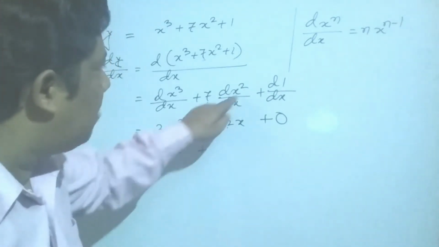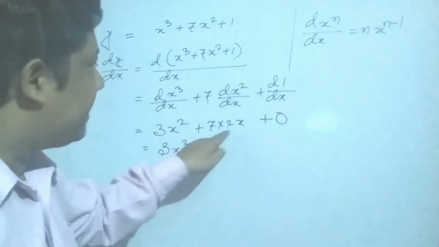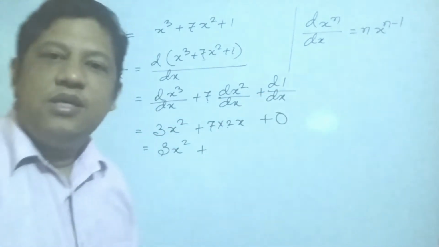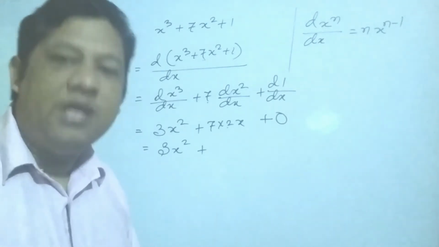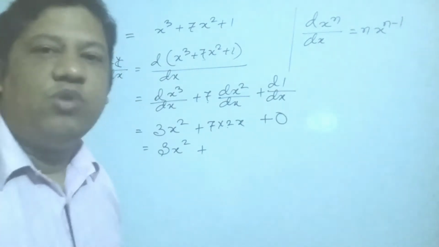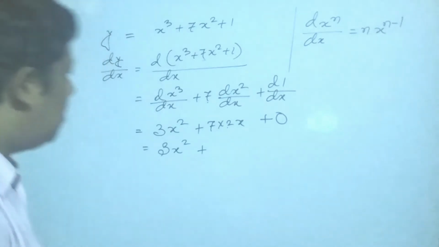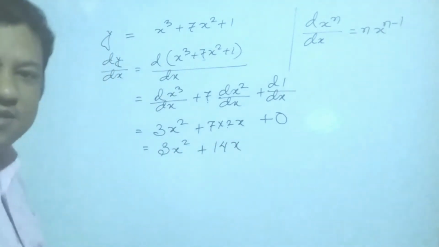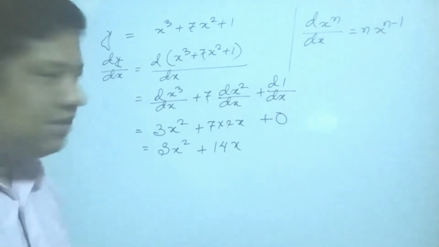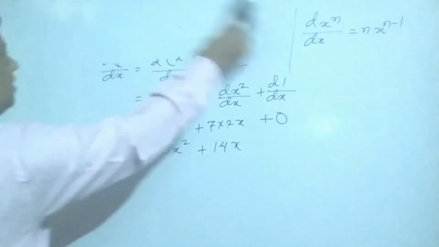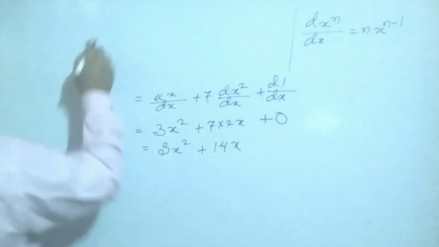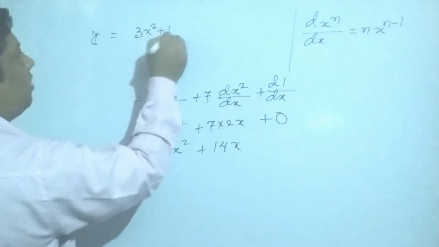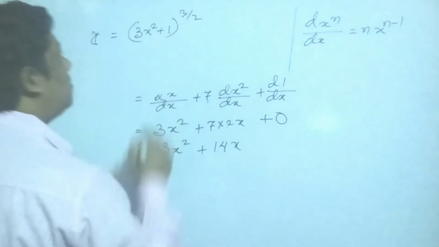The power should come back to the side. So my dear students, then I get these parts. Again, the differentiation of a constant term is zero. If a constant term is alone, there is no variable. When you differentiate, you get how much? 0. So you get 14 R1, x R2 and R3. So my students, it is the property, you understand? Next, if I interchange only one, if I use this identity like this, then I have to write y equal to 3x square plus 1, power 3 upon R3 and R2.